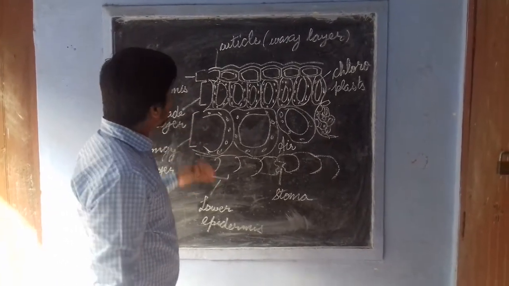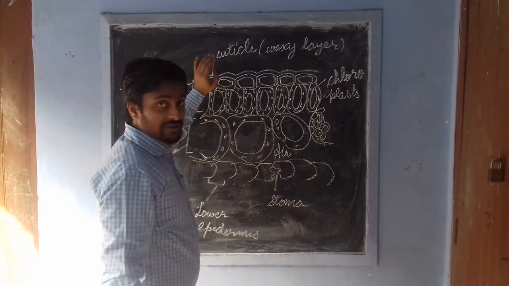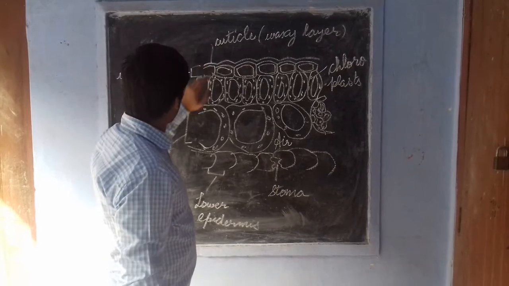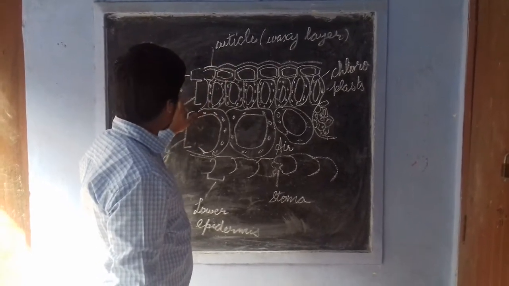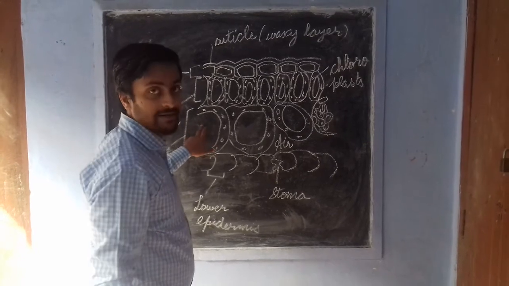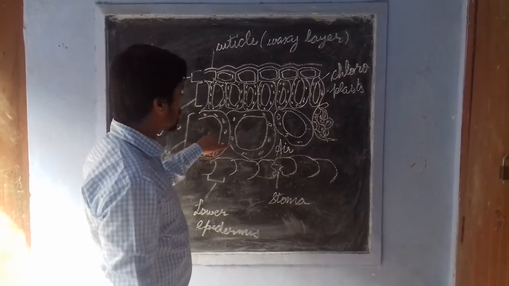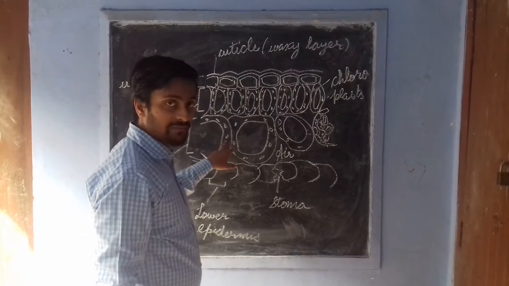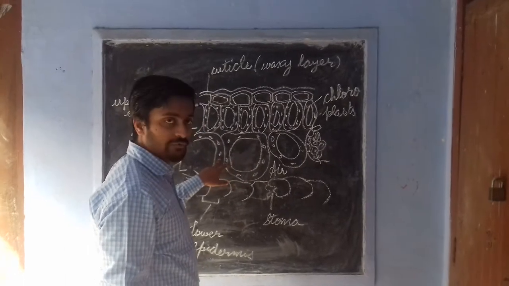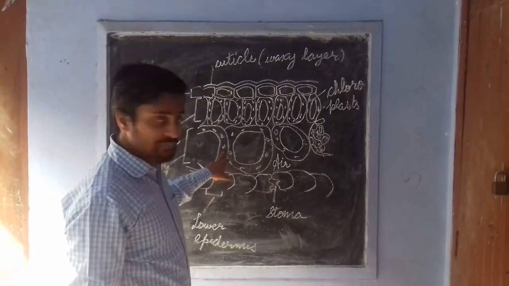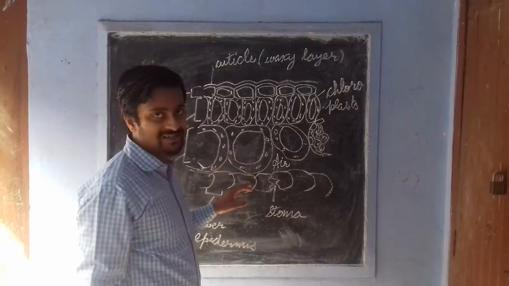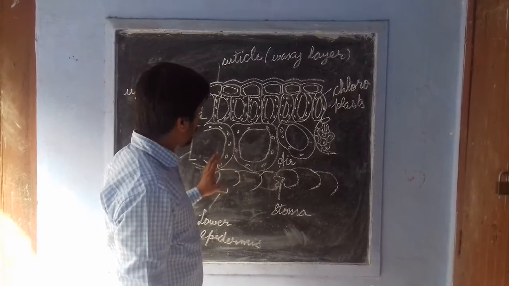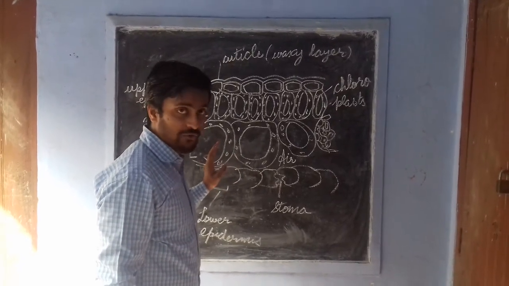Through this cuticle, which is the waxy layer, there will be tiny pores present. The carbon dioxide will diffuse through the cuticle into the upper epidermis and will be absorbed by the palisade layer. In this palisade layer and in this spongy layer, the chloroplasts will be present, and the chloroplasts contain the pigment called chlorophyll. With the help of this chlorophyll, the process of photosynthesis will take place in this leaf. So this is all we were talking about, the process of photosynthesis.